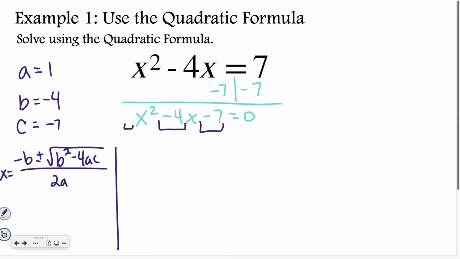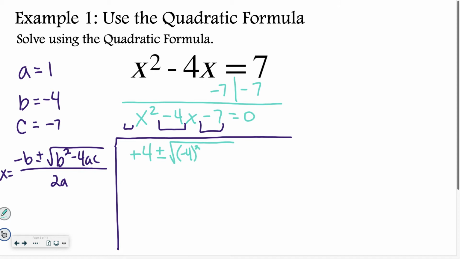So if I start solving this right now, negative b. So I'm going to write negative, and then my b value is a negative 4. So that becomes a positive 4, because minus and negative is positive. So negative 4 is positive 4 plus or minus the square root of my b value is a negative